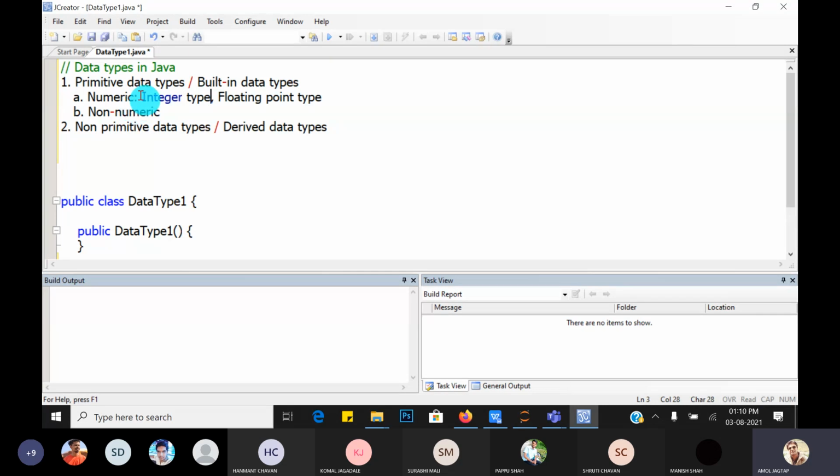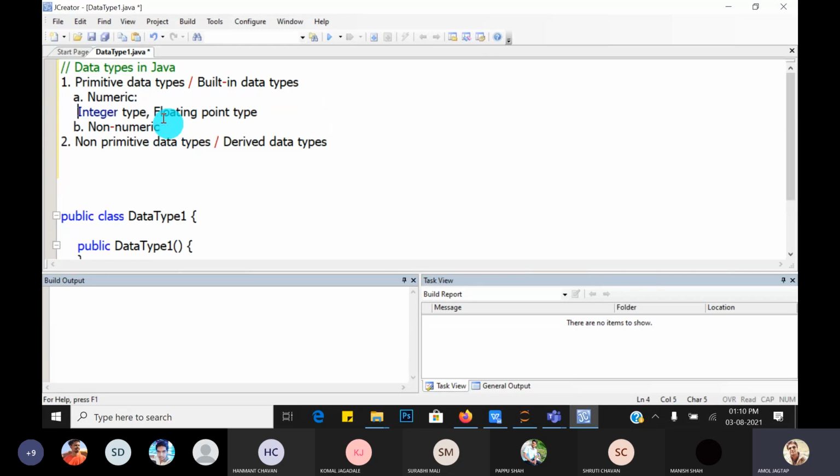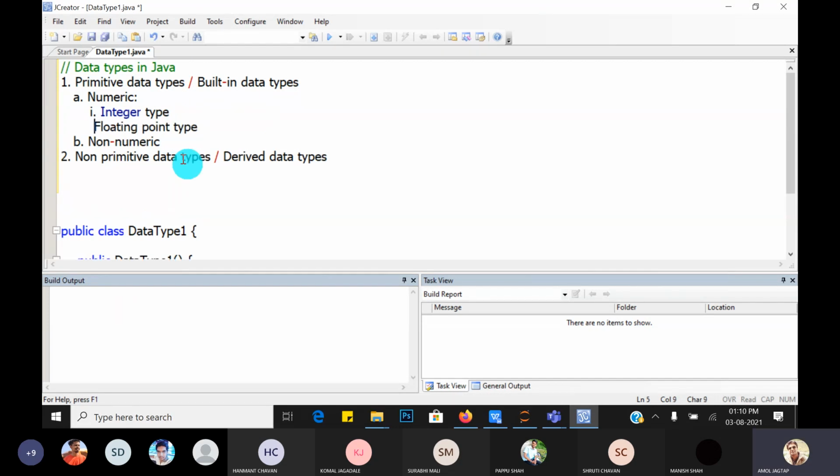Numeric data types are divided into integer type and floating point type.